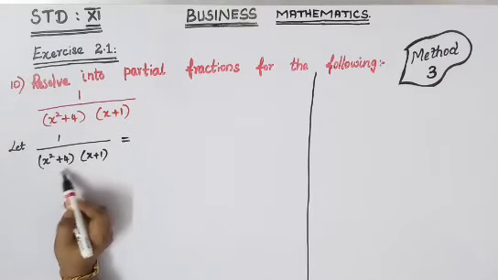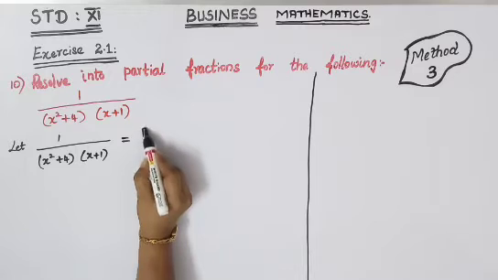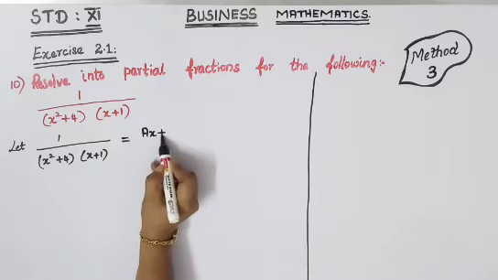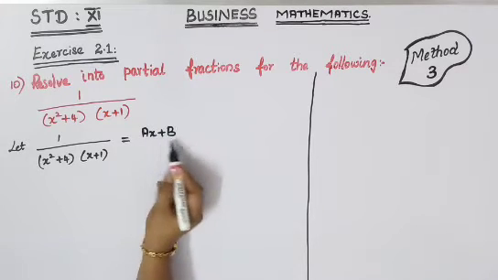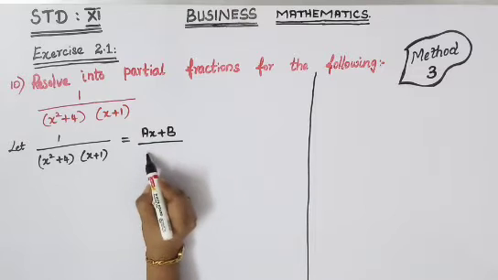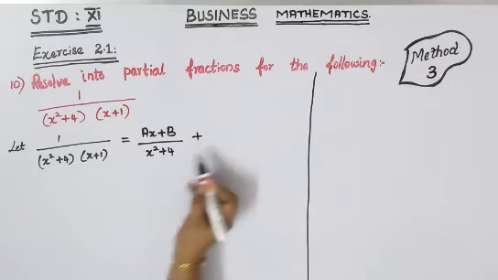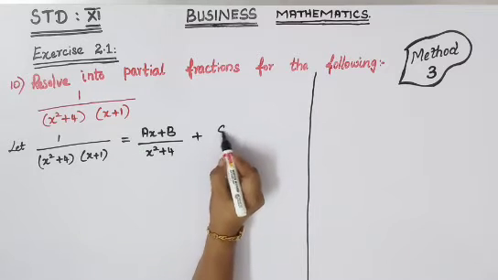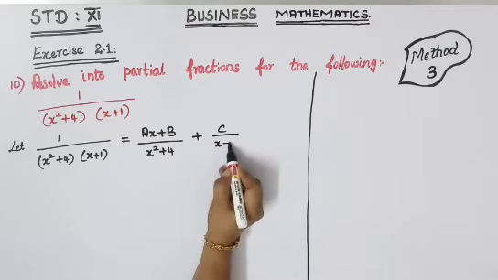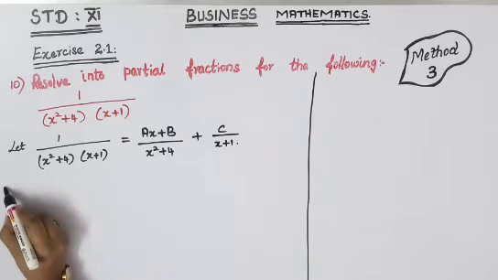you got the quadratic factor in the first term itself. So introduce your variables in your first term itself, that is (ax plus b) divided by (x square plus 4), plus, here only a linear term is there, so you can write c divided by (x plus 1). Now multiply